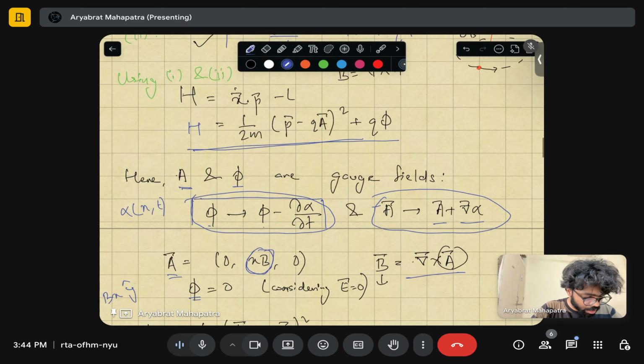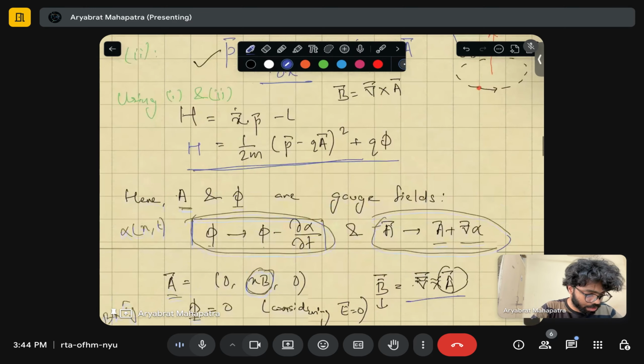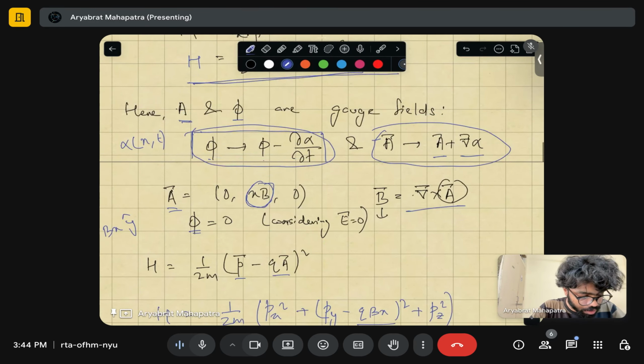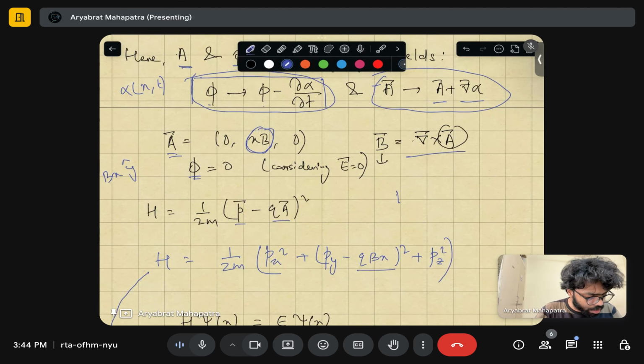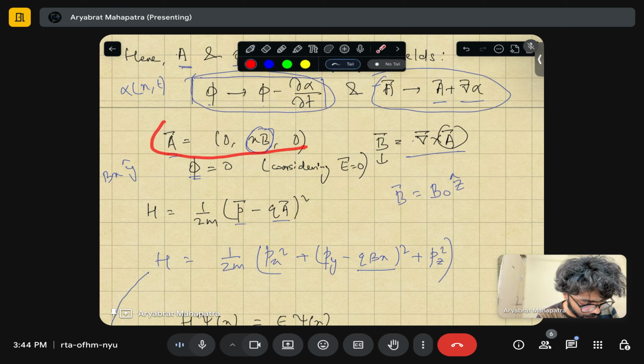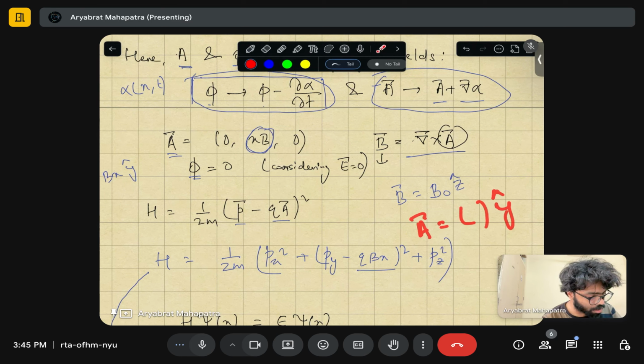So taking that in mind, suppose a magnetic field is given, something like B naught along the z direction. Then you can write a vector potential, which has some component along y, because